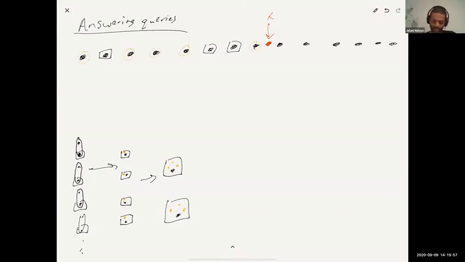Okay. Some of them might be representatives on the other side. Okay. So there are a bunch of representatives in here. Right. So